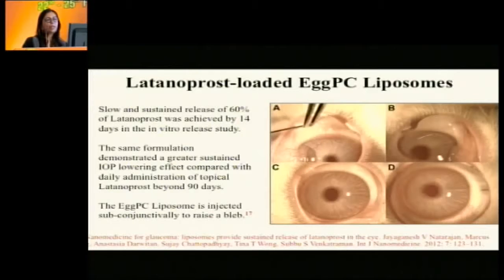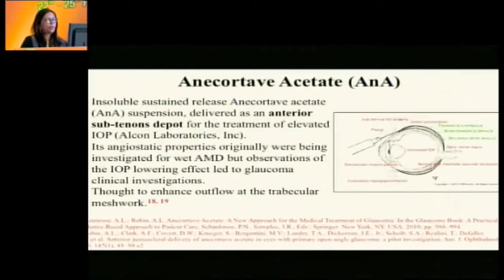Latanoprost loaded egg PC liposomes. So slow and sustained release of 60% of latanoprost was achieved by 14 days in the in vitro release study. The same formulation demonstrated a higher sustained IOP lowering effect compared with the daily administration of topical latanoprost beyond 90 days, and the egg PC liposome is injected subconjunctivally to raise a bleb as you see out there. So this actually has been